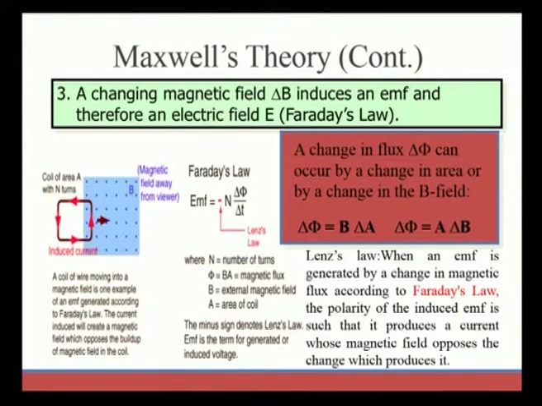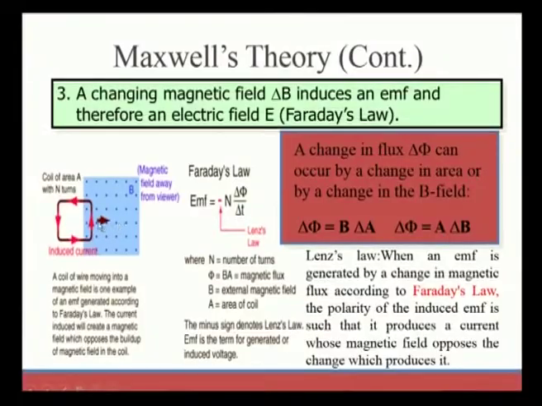So, what is the cause of the current? The current direction is due to the magnetic field. The current direction will always be opposite to that of the magnetic field. We can observe here, if the magnetic field is in this direction, the current will be in this direction. This is what Lenz's law says, which is why we have taken a minus sign in Faraday's EMF equation.